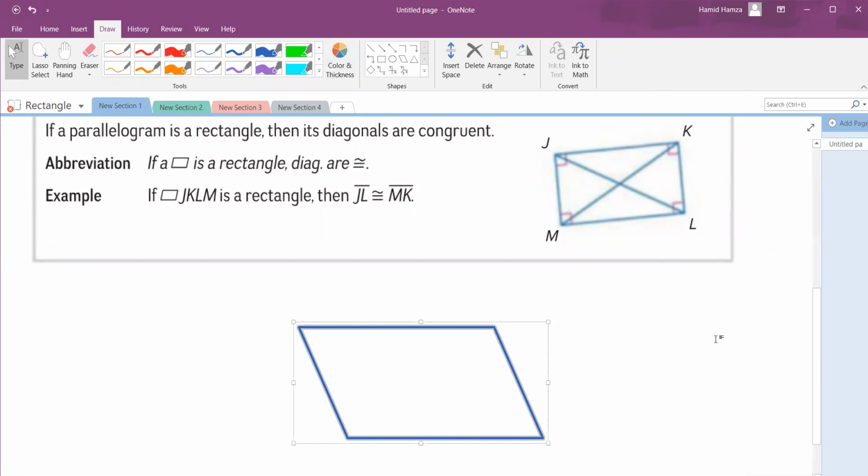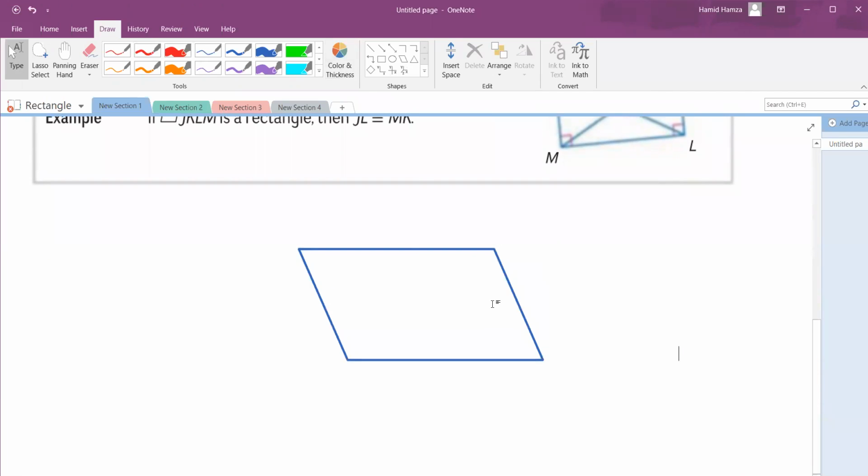You will notice that these two sides are oblique, making an acute angle and an obtuse angle. What if it is still a parallelogram? What if